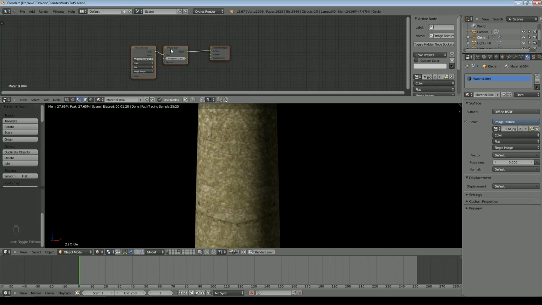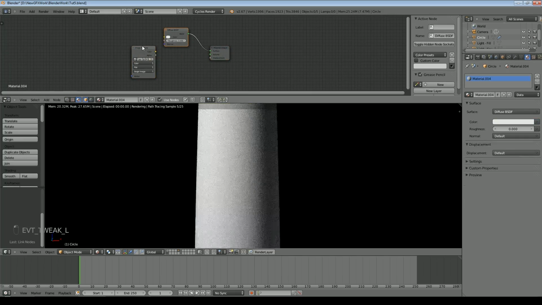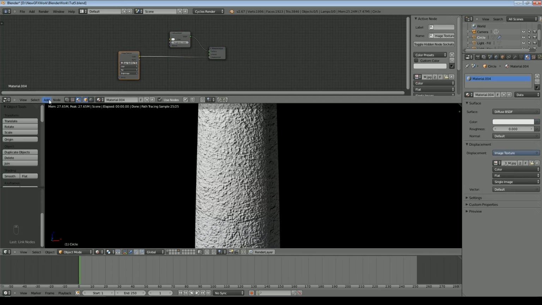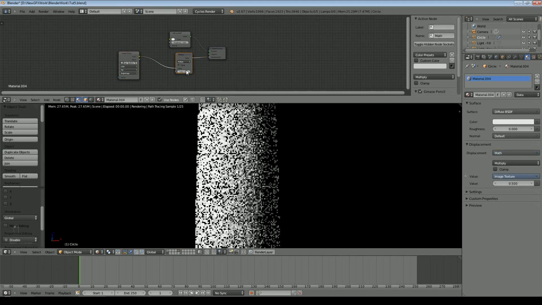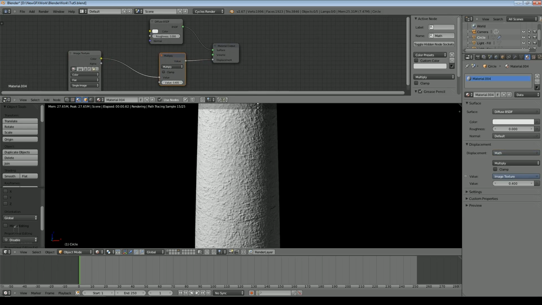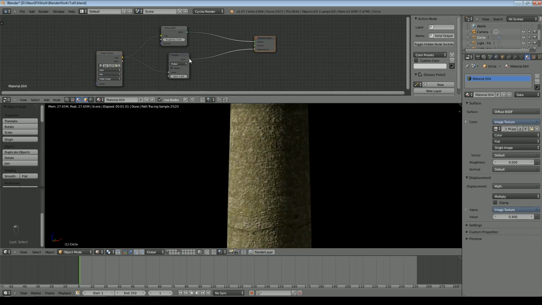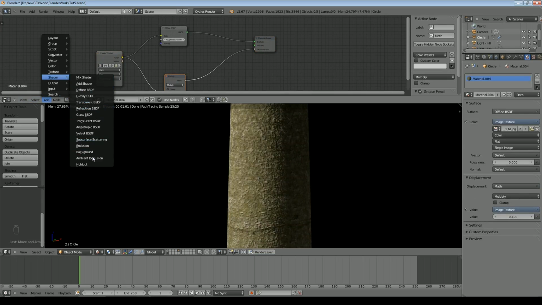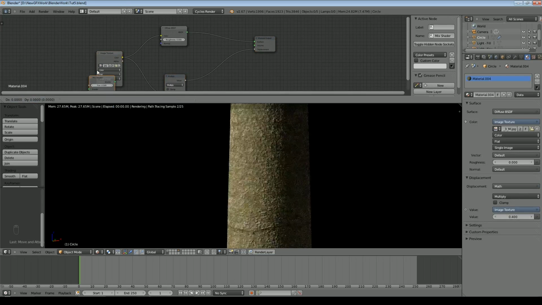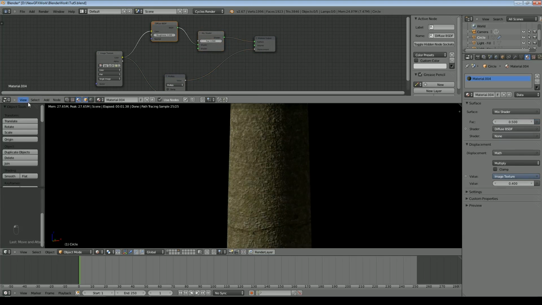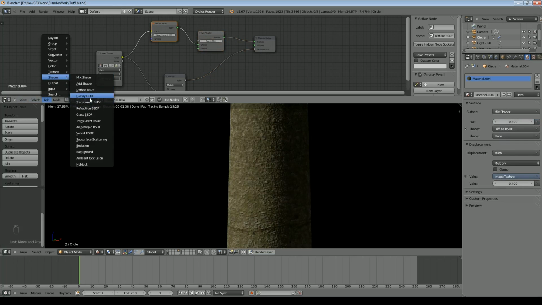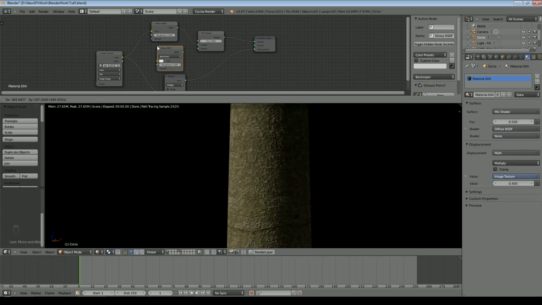Look at our texture again, because it makes it easy to see. I'll take that off there, and I'll put the colour straight into displacement. I don't think I need to select any particular colours, but what I will want to do is reduce the depth a little bit. So I'll plug the colour back in, and there's an additional thing I want to do, which is to add a mix shader. That goes there, and then add a glossy shader. So this gives the bark a little bit of a sheen, or it will do.